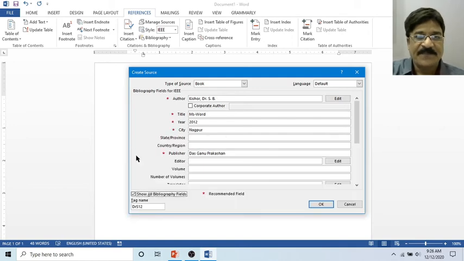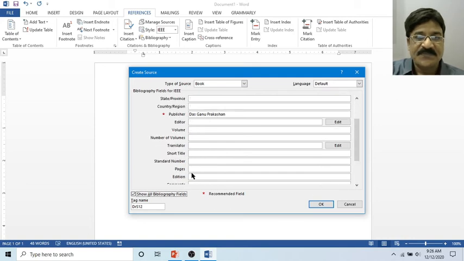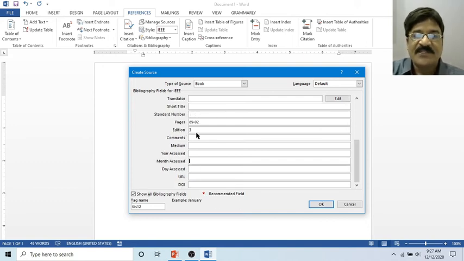For example, you can specify the edition of the book, then specify the exact pages from which you have copied. You can also specify some other details. Finally, click on OK.